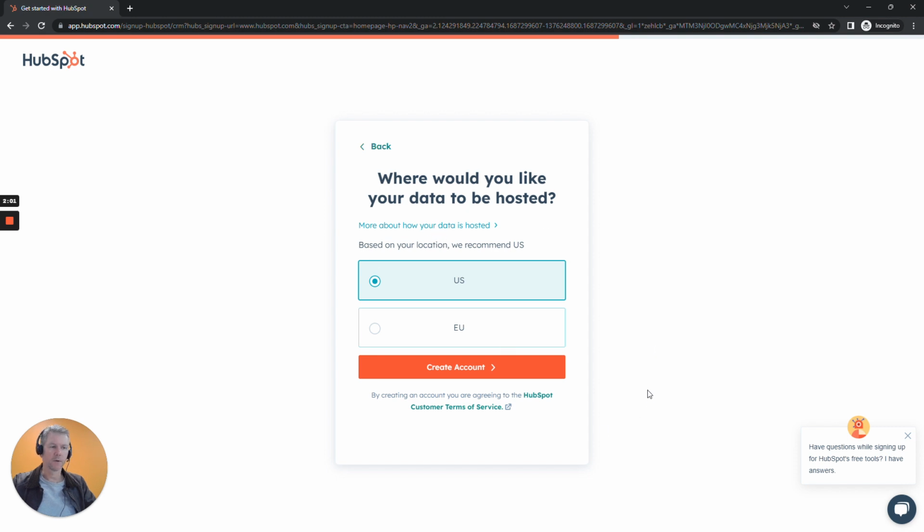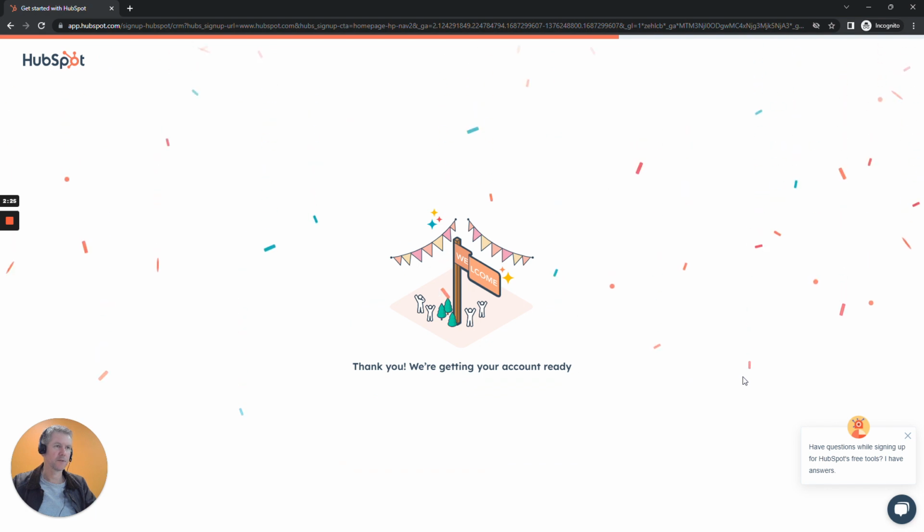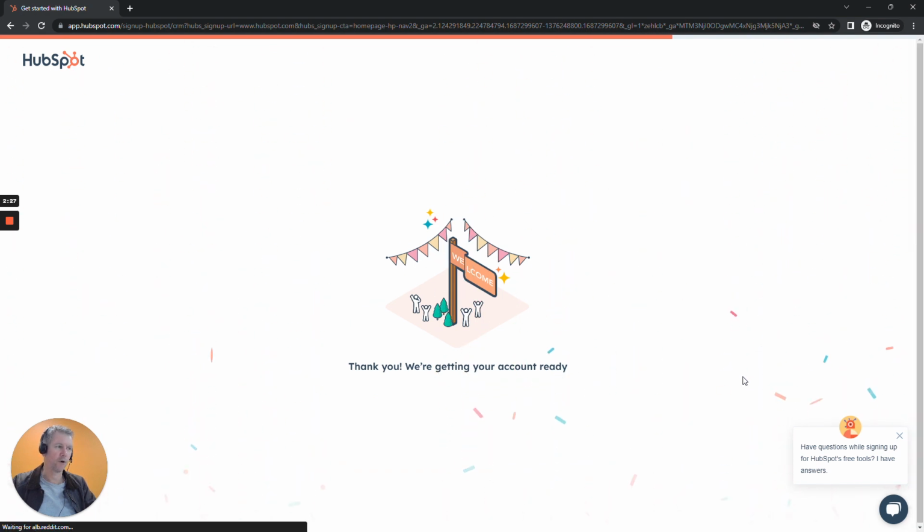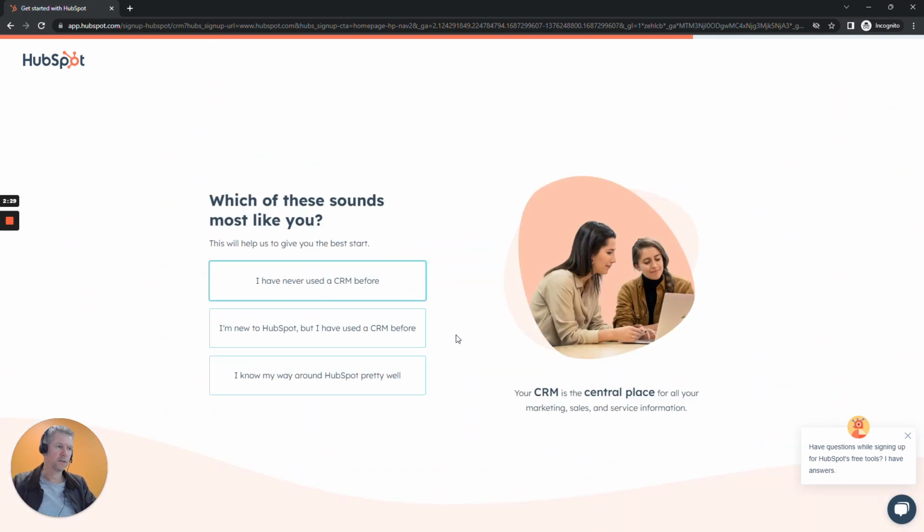Now this is interesting, where do you want your data to be hosted? So if it's in the EU, there's going to be stricter privacy around your data. If you're hosting in the US, just be aware that at the moment there are regulations where the US can actually access your data if they absolutely need to. So just be aware of that. I'm just going to choose EU just to be on the cautious side, and then go ahead and click create account. So it's now generating the account for me,